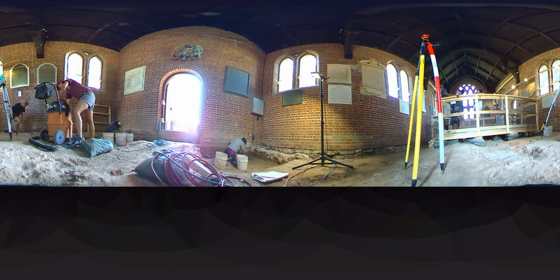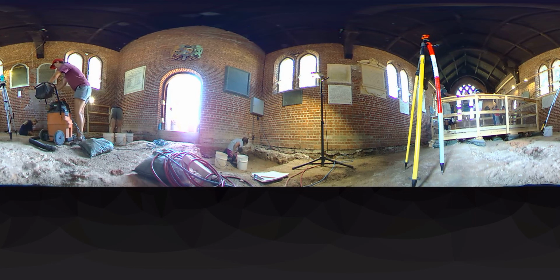I'll start with this. The main focus of the excavations are to figure out the floor plan, mostly focused on that 1617 church, trying to find where the General Assembly first met in July of 1619 for the commemoration that's coming up in 2019. And so finding those foundations and really nailing down where the floor plan was for that